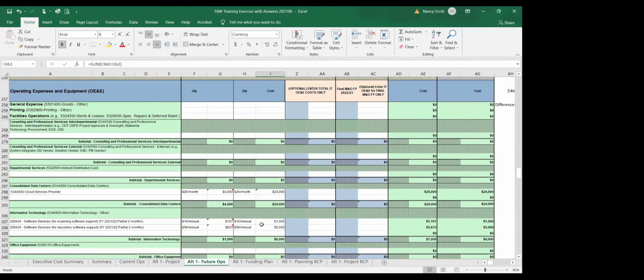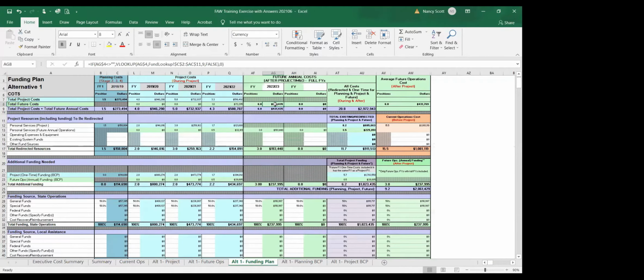So if you were writing the BCP, you'd have to consider that for your future ops, you may have to manually calculate. The department might show what they fund for IT and also what they fund for program, but they should equal out to this amount, 237,995, even though it's going to include program and IT in the funding, because the project needs to be funded totally. However, the way that they write the BCP is probably this portion over here.